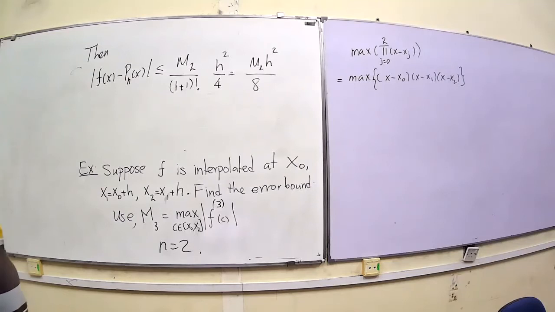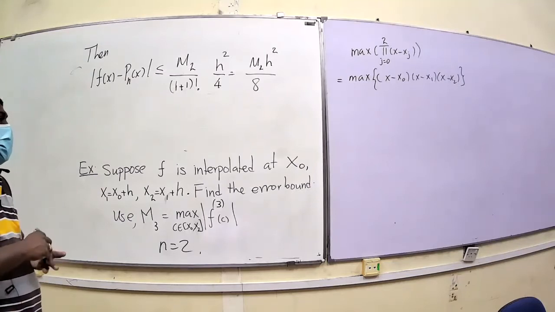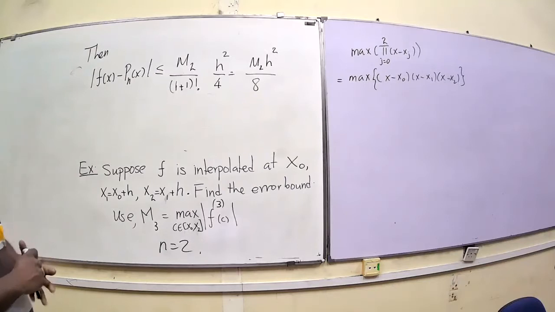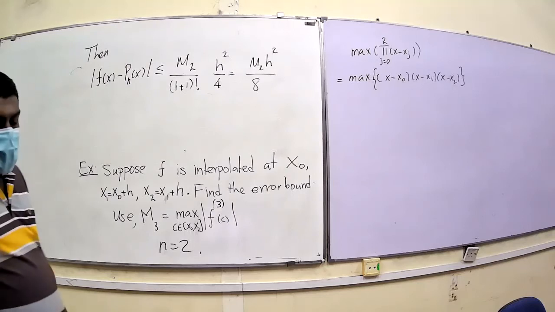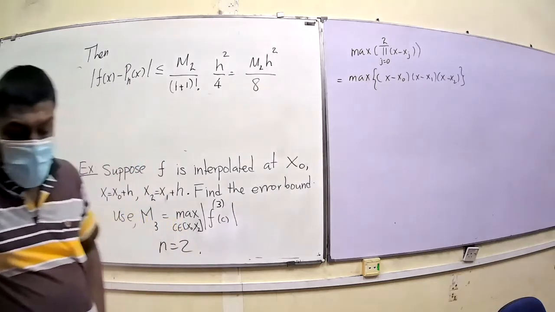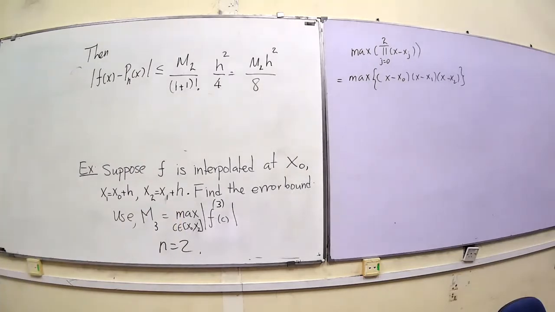Any issues, you can work it out with the tutor later on when you are coming here for face-to-face classes. But the only part here to do is to take the derivative of this function and find the turning points of this function, right? So this is about the error bounds, and you can see that this error bound is basically based on the Lagrange interpolating formula, right? So similarly, we can draw similar results for the Newton's interpolating formula as well,